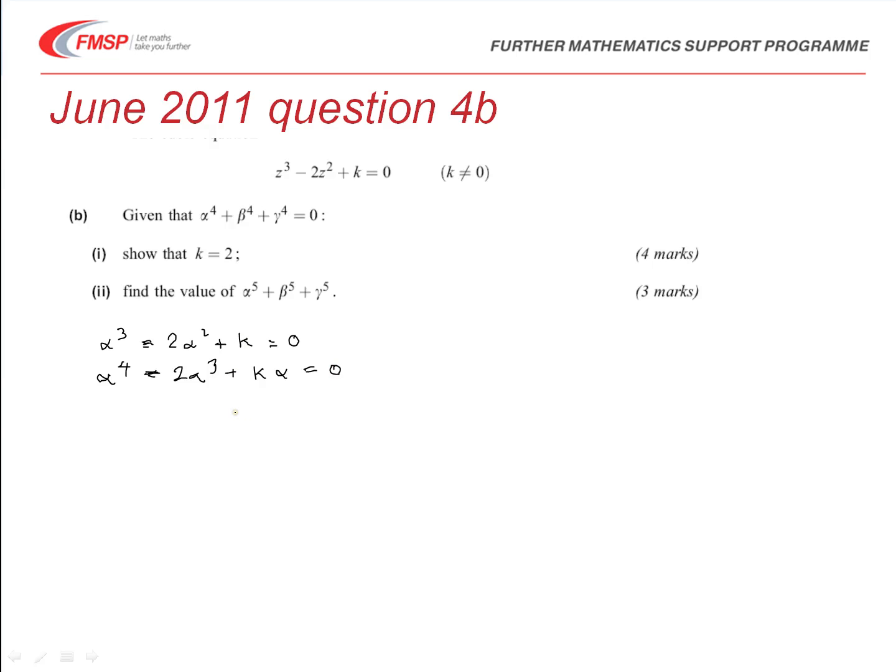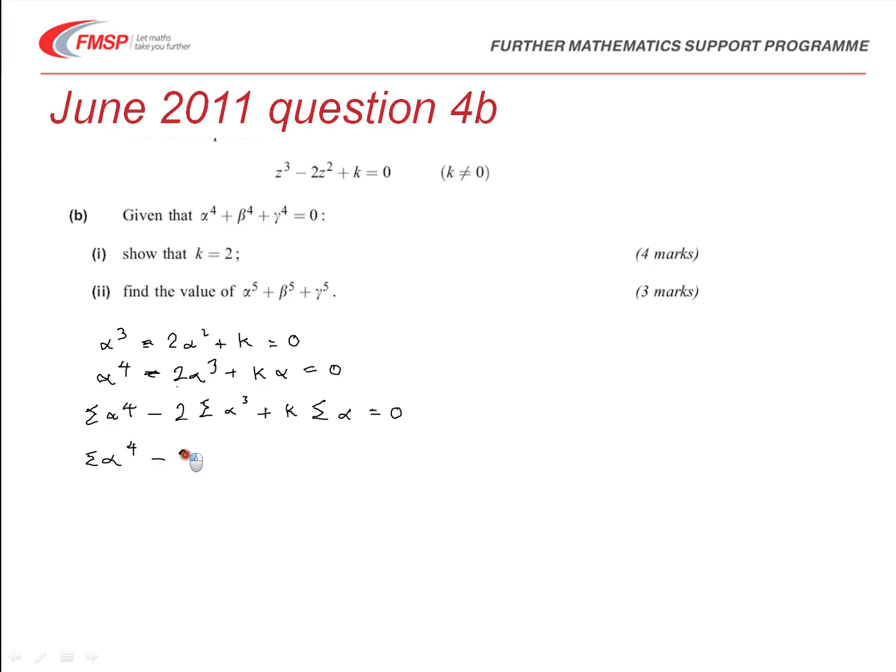So once again we can add those statements together and we will get the fact that the sum of the alpha to the 4th, in other words alpha to the 4th plus beta to the 4th plus gamma to the 4th, minus twice the sum of the alpha cubes, that's alpha cubed plus beta cubed plus gamma cubed, plus k lots of the sum of the alphas must equal 0. Okay, so all I've done there is taken the 2 and the k out as factors in front of the summation. So the sum of the alpha to the 4ths